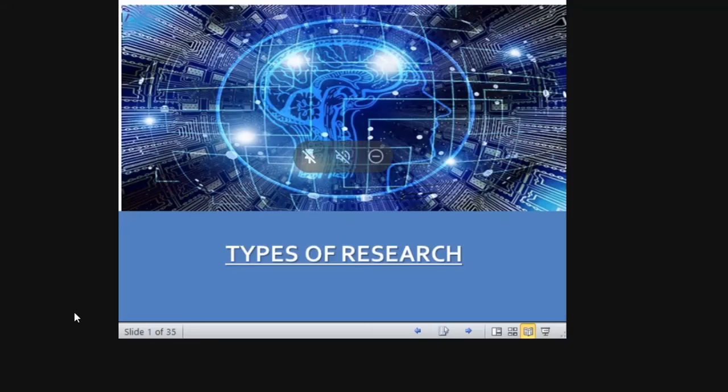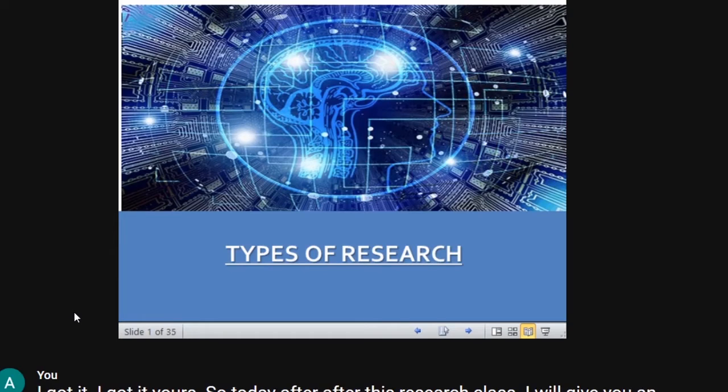So far in research methodology, we discussed what is research, types of research, objectives of research, characteristics of research, and what is basic and applied research. So now we are going to look at the other types of research in a nutshell. I'm not going to give a detailed explanation about all this research, but I'm going to tell you what the other types of research are that actually exist.